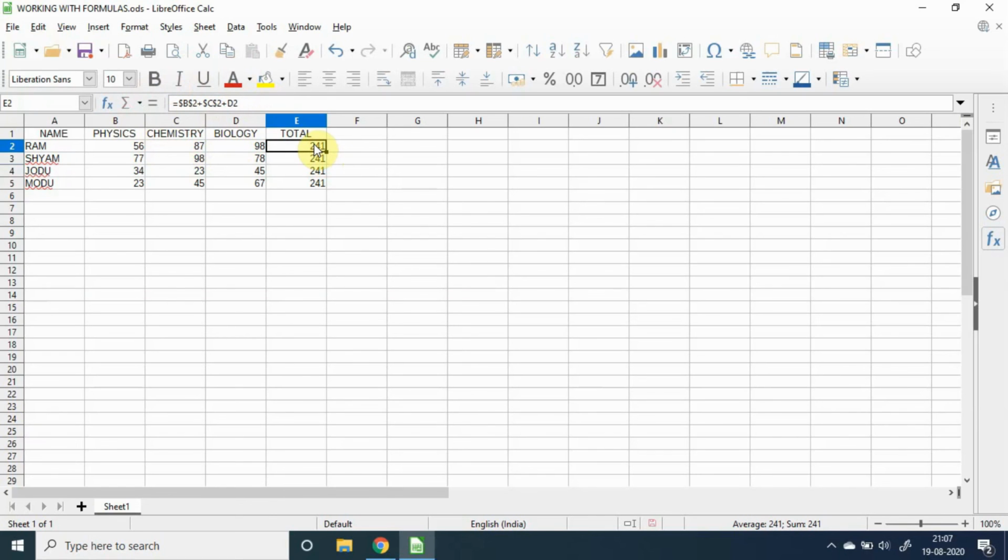That means the value of E2 is B2 plus C2 plus D2. If we copy it to the other cells,